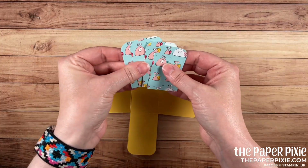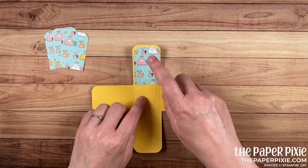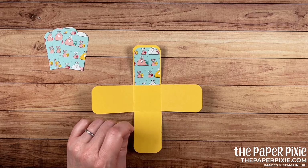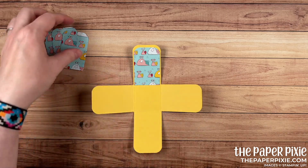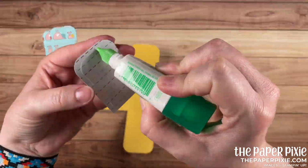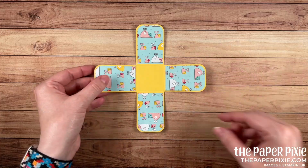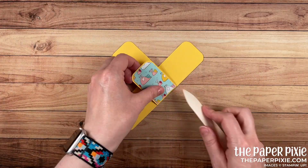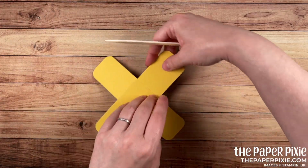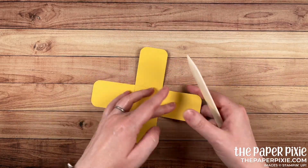All right, now that those pieces are done, we're going to glue that to the inside of the box so it opens like this. We want to glue on this side of the cardstock. And again, I'm just going to use multi-purpose liquid glue and adhere all those pieces down. So cute. Now the other thing I recommend is also sort of folding and burnishing in the opposite direction as well. This kind of breaks down the fibers a little bit